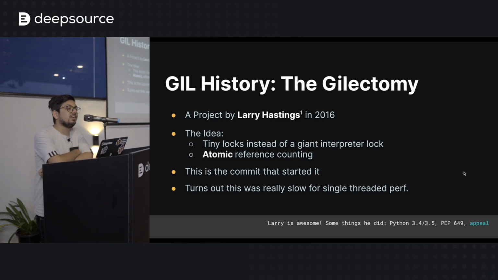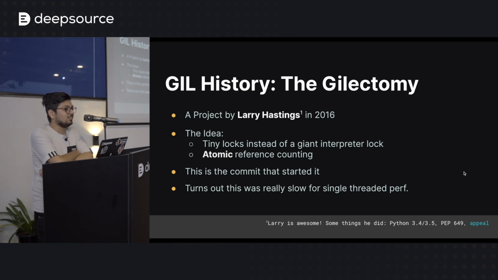So this was the case until 2016, where this old dude named Larry Hastings came along, and he was like, hey, I don't like this. Every other language that I use can do free threading, where we don't have to worry about this big old lock that everyone just keeps talking about in Python. That hey, it's good, it makes single thread serve faster. So he went ahead and announced that he was going to take the GIL out of Python, and he called the project the Gilectomy.